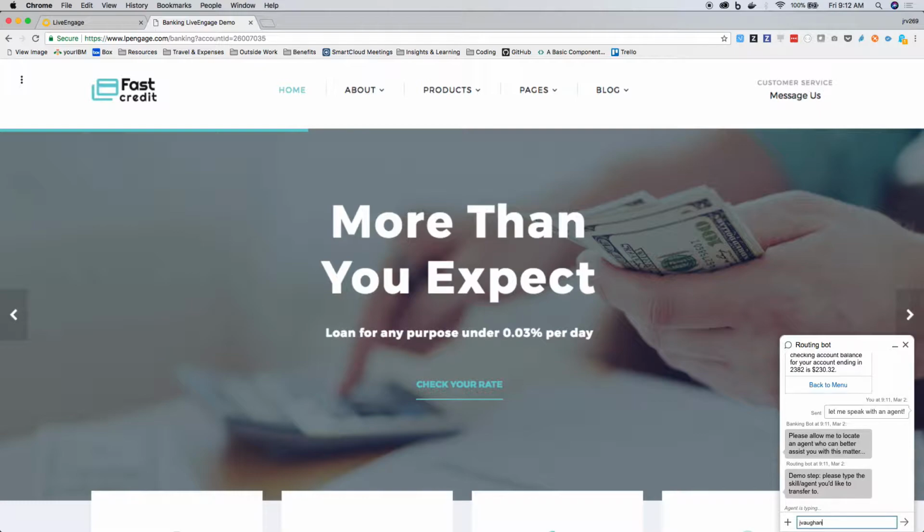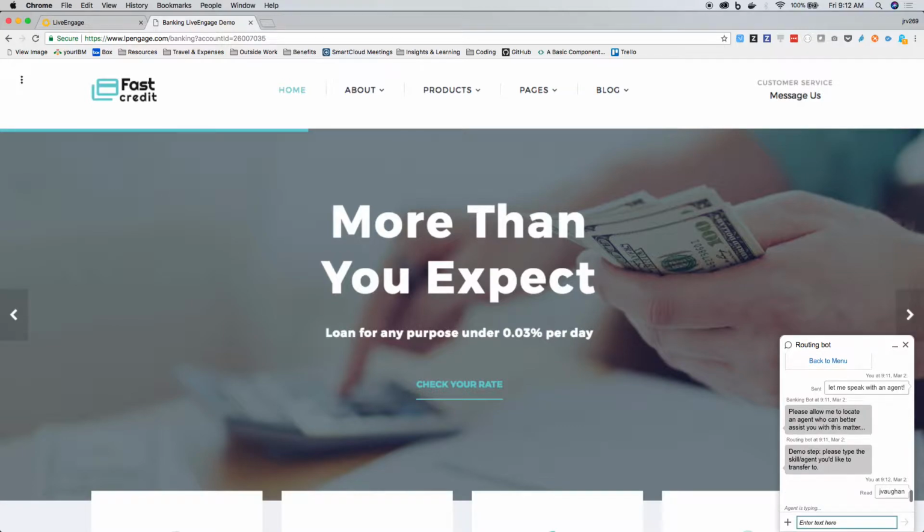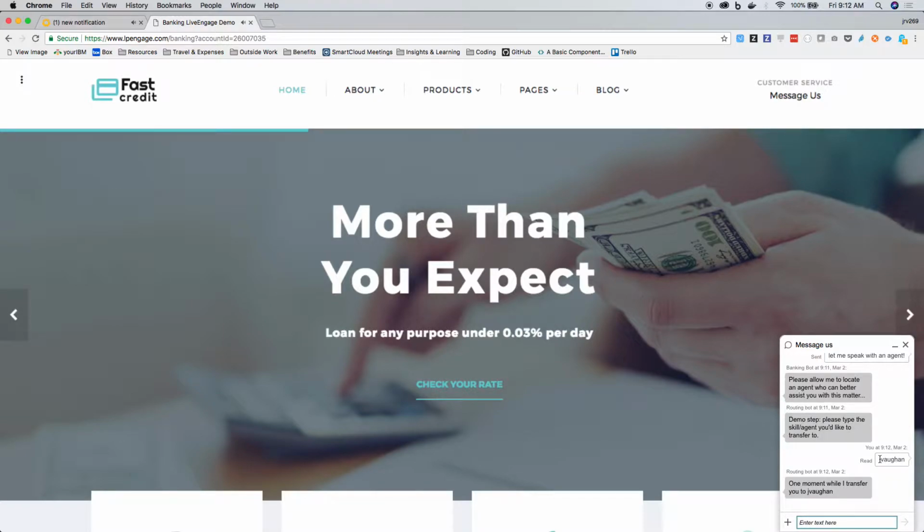But it's important to note, you can only really communicate through the LiveEngage platform to this end customer on this demo site if you have a LiveEngage account set up. And that's something that needs to be done through a manual process. So you may or may not be able to complete this part of the demo. But if you do have an account, this is essentially what you do. Type in your username, which is also your skill. So I wrote jvaughn there,